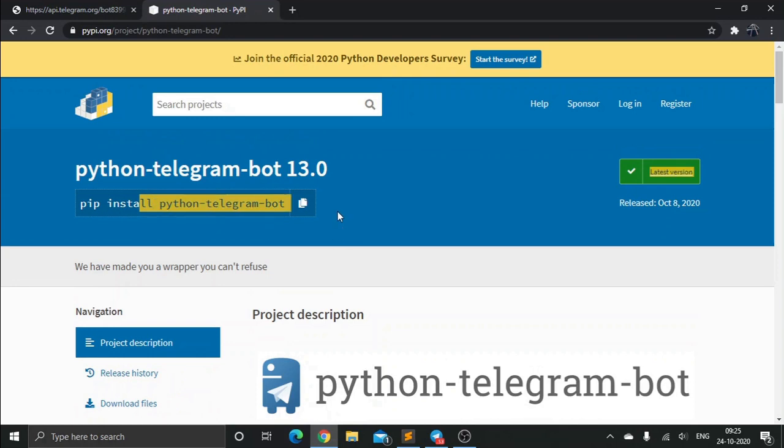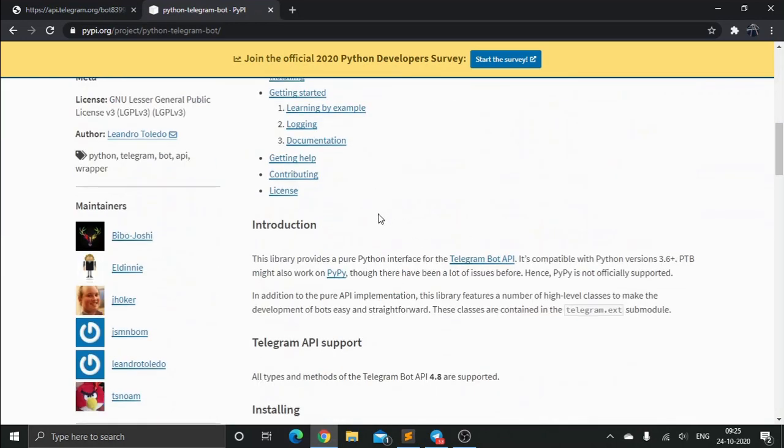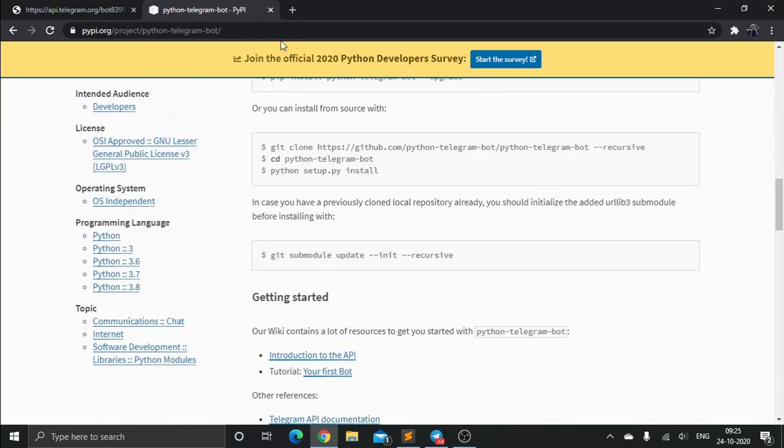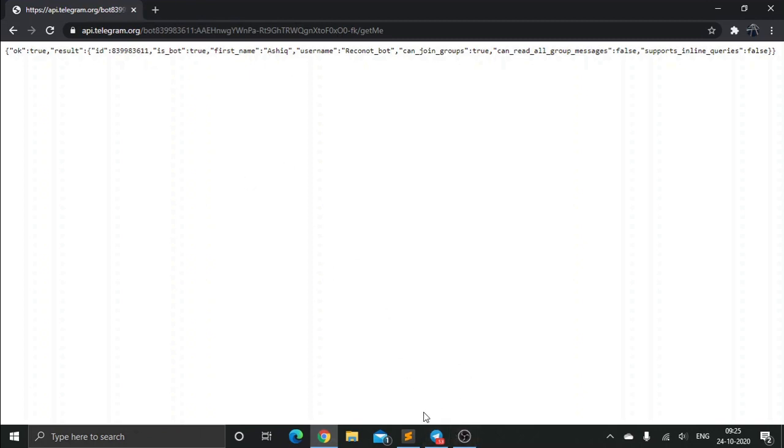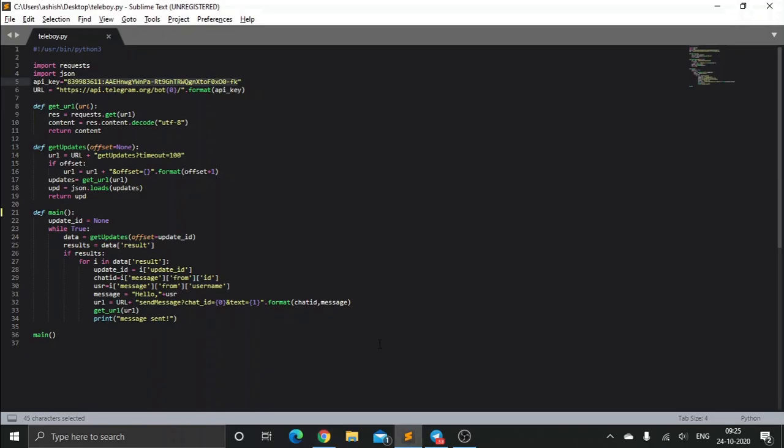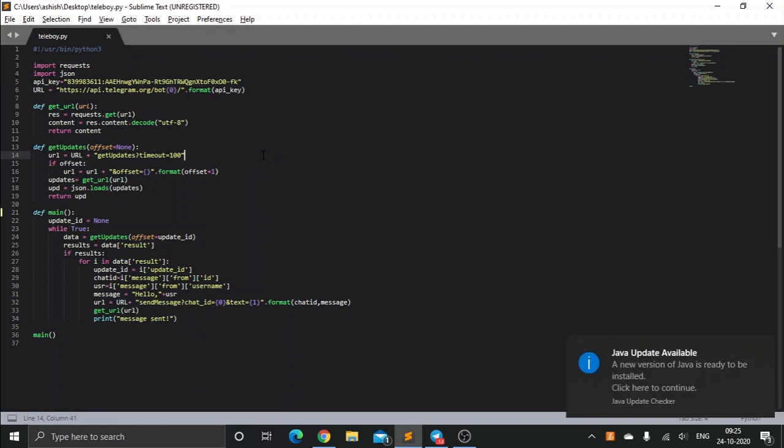You can install it and work accordingly. It is slightly easier than the way we are doing it, but I've coded this script with a beginner's perspective in mind. I'm not using any webhook or any such stuff.